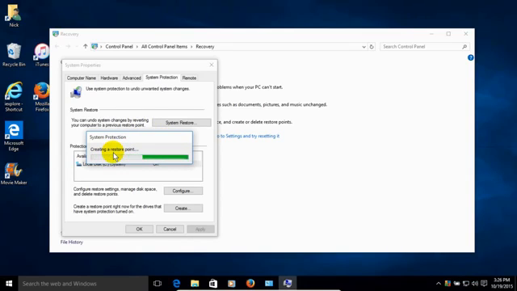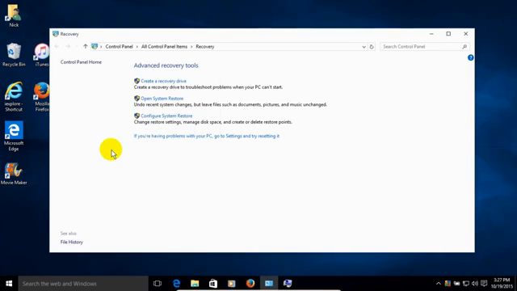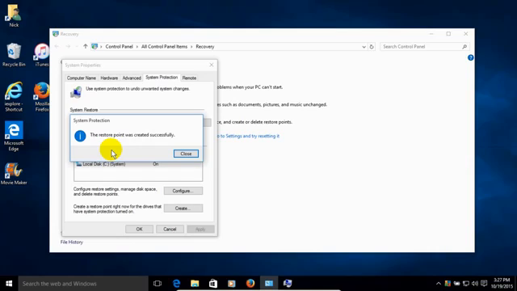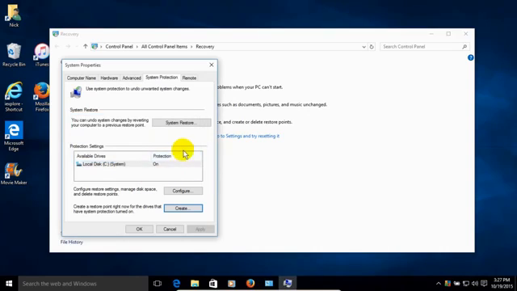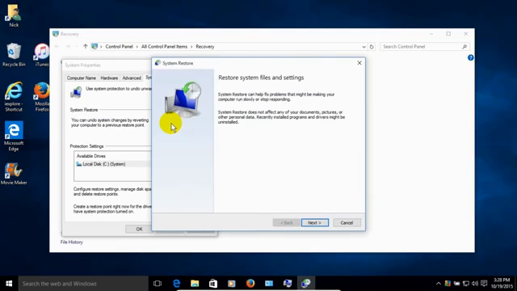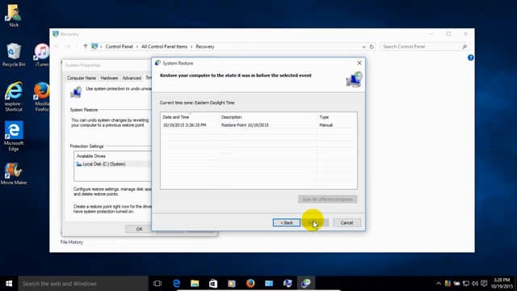Now through the magic of video editing, I've speeded this up considerably, so not to waste your time watching a progress bar. Okay, once it's completed, you get this message: the restore point was created successfully, and then you can click on Close. Now keep in mind, we can also do a system restore from this window as well, so let's go ahead and do that by clicking on System Restore, and that opens up this window where we can restore system files and settings, and we do that by going down here and clicking on Next, and select a